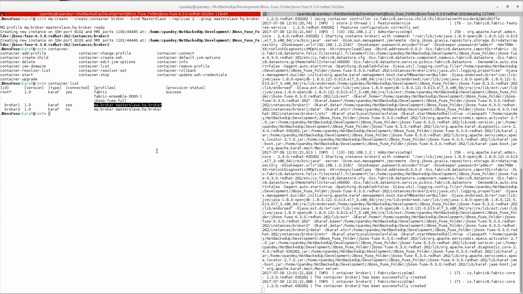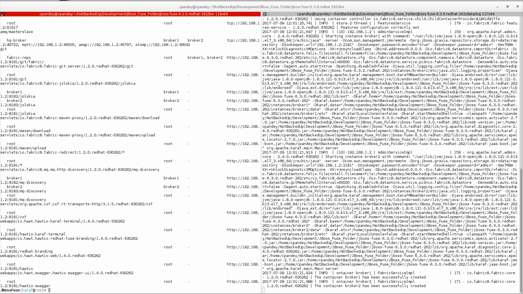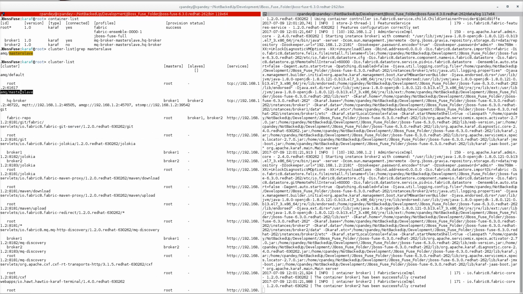Now let us see how we can tell it's a broker. Let's go to cluster list and grab the group name. See guys, this is the group name, and against it this is the broker name, which is registered with two brokers, broker 1 and broker 2.